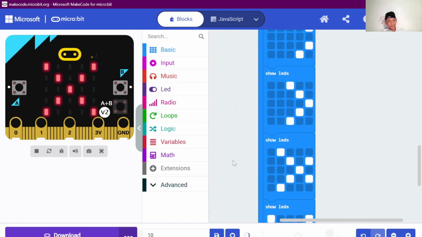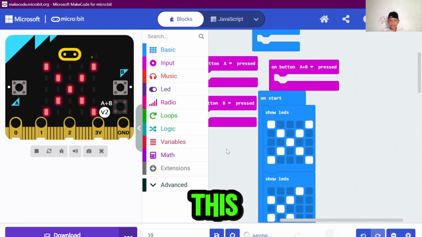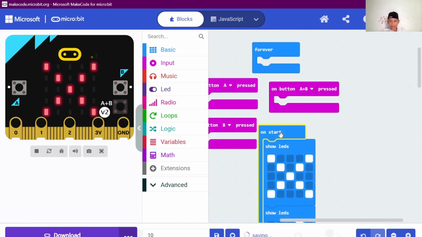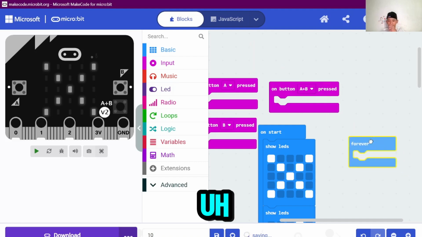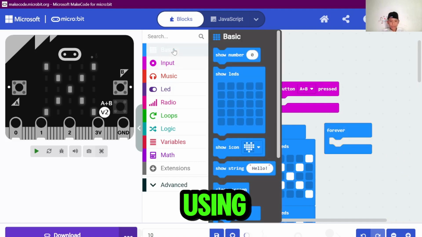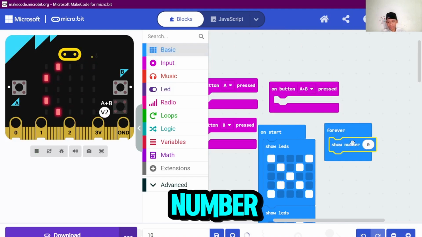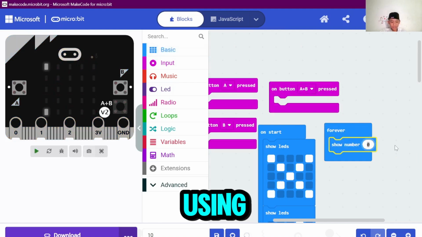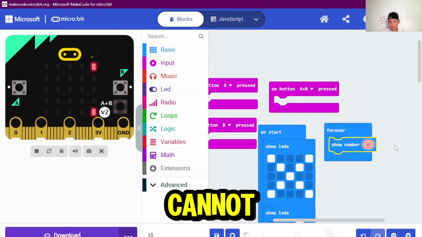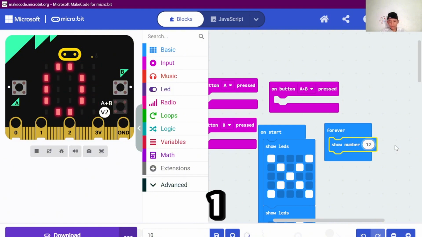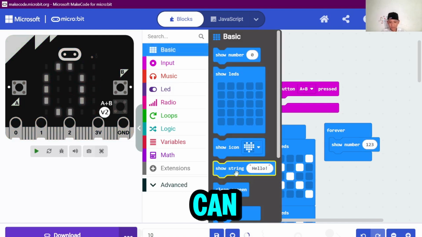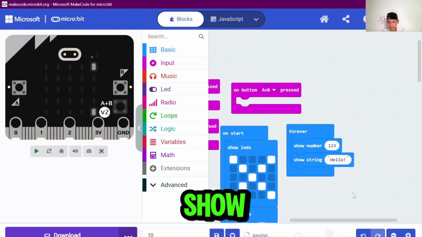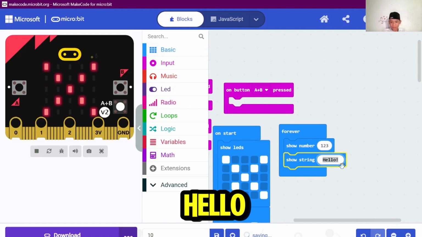Like this. Oh yeah, you guys can do it using number writings. You guys can use writing, not just numbers like 1, 2, 3. You guys can show, yeah, this. Hello.